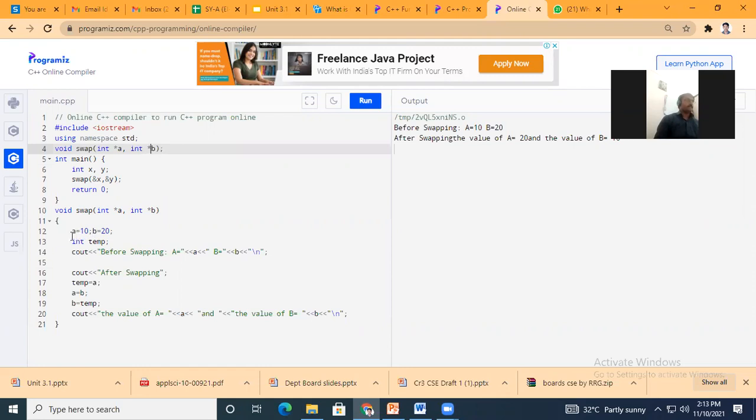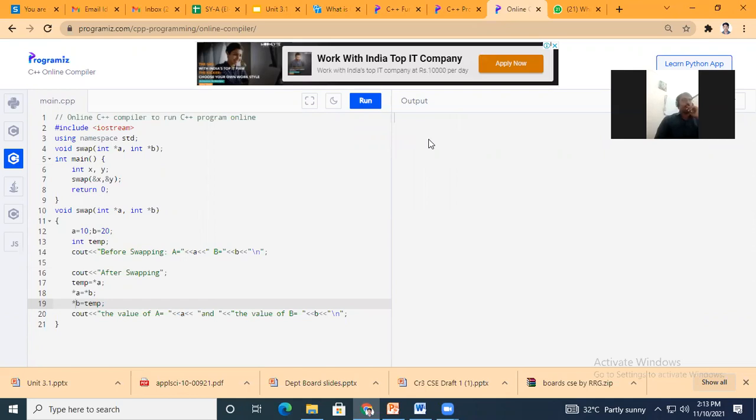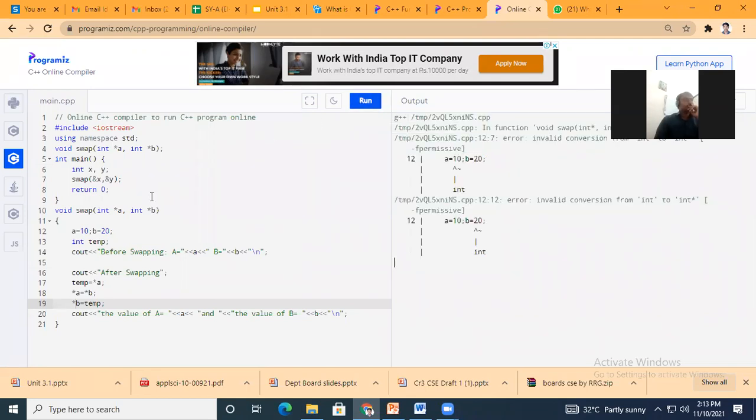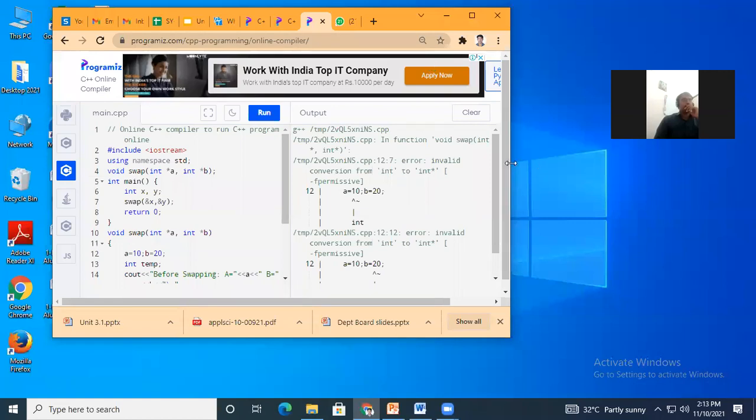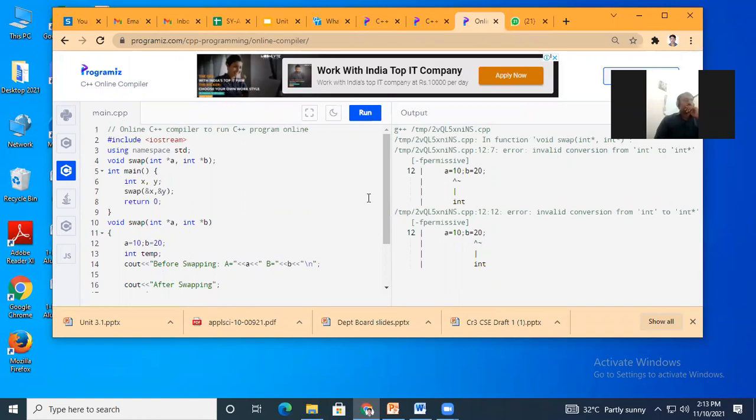And okay, here the values are declared. Here pointer A to pointer B. Okay, I will just check. Just a minute.